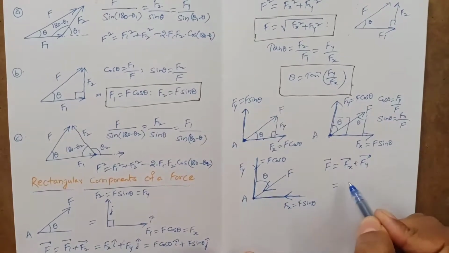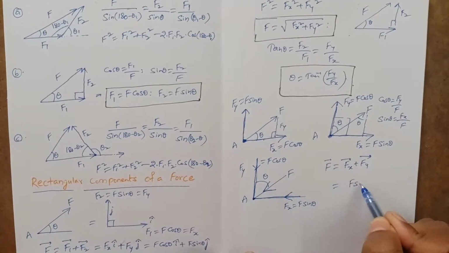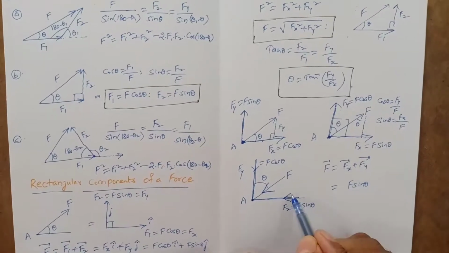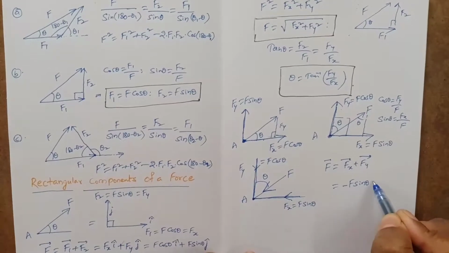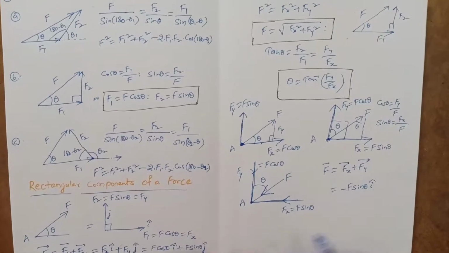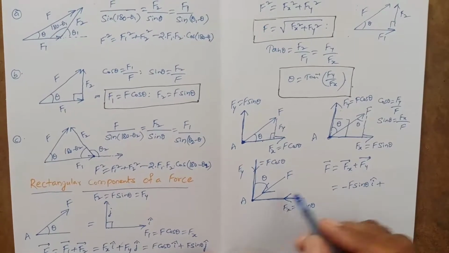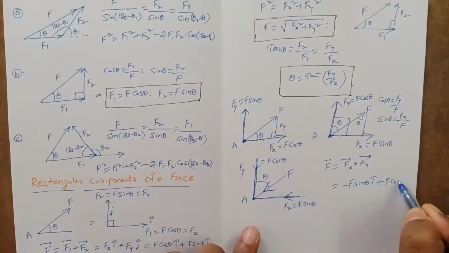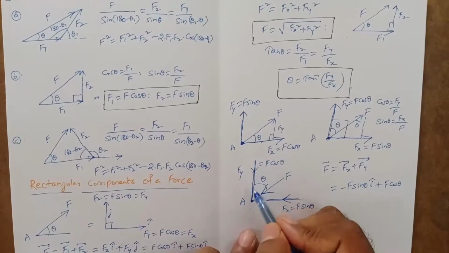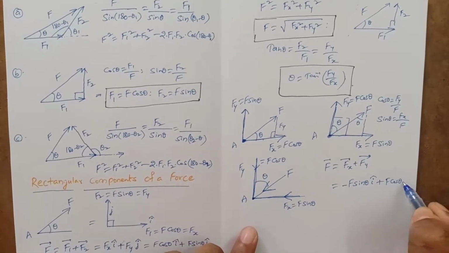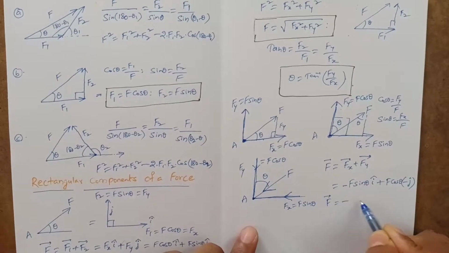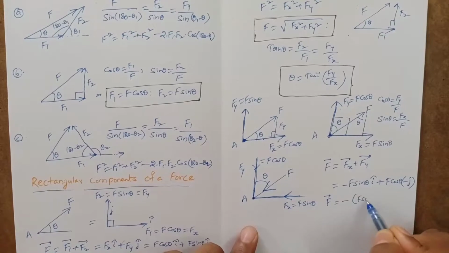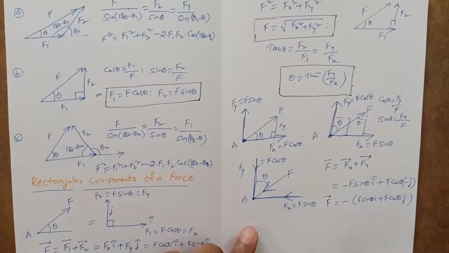and substituting these values, Fx equal to F sin theta, direction is acting along negative x-axis, that implies minus i cap, so I'll keep that minus in front, so it is minus F sin theta i cap, plus, and Fy magnitude is F cos theta, and it is acting along minus y-axis, so it is minus j cap. That is, finally F bar is equal to minus of F sin theta i cap, minus F cos theta j cap.